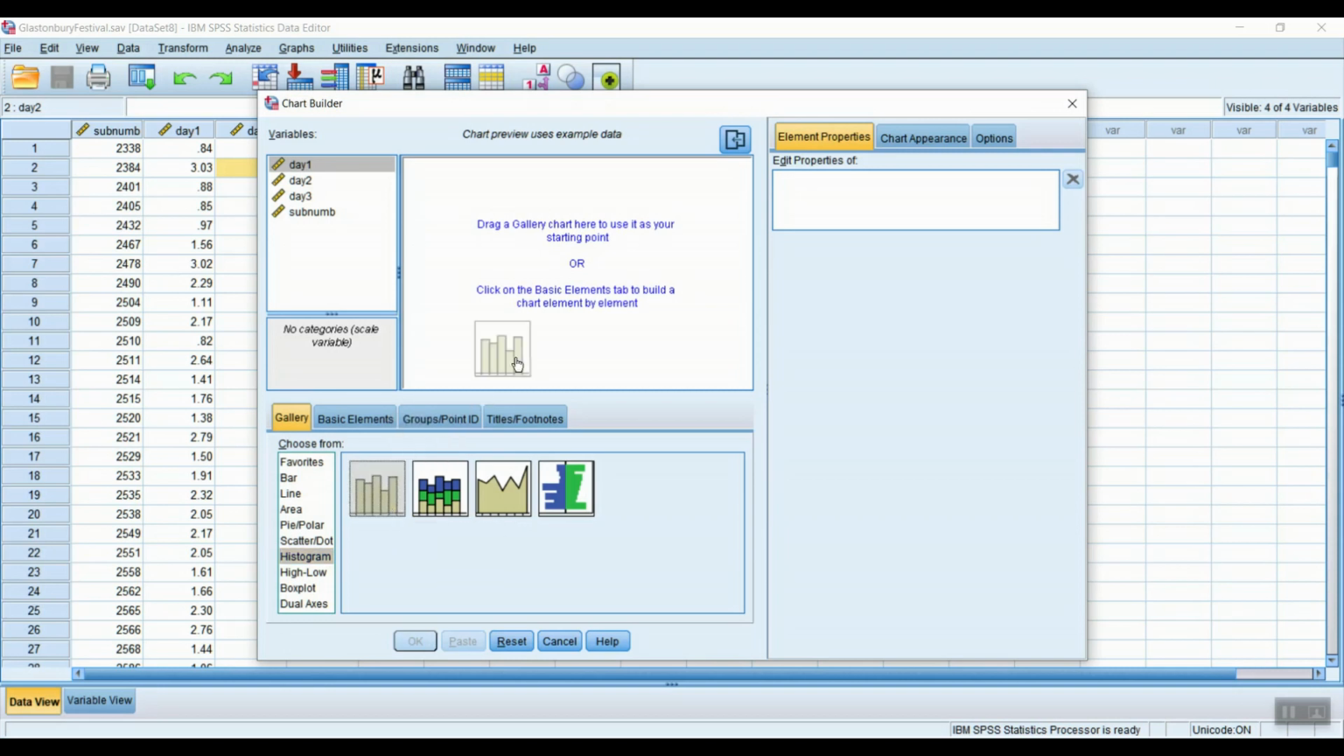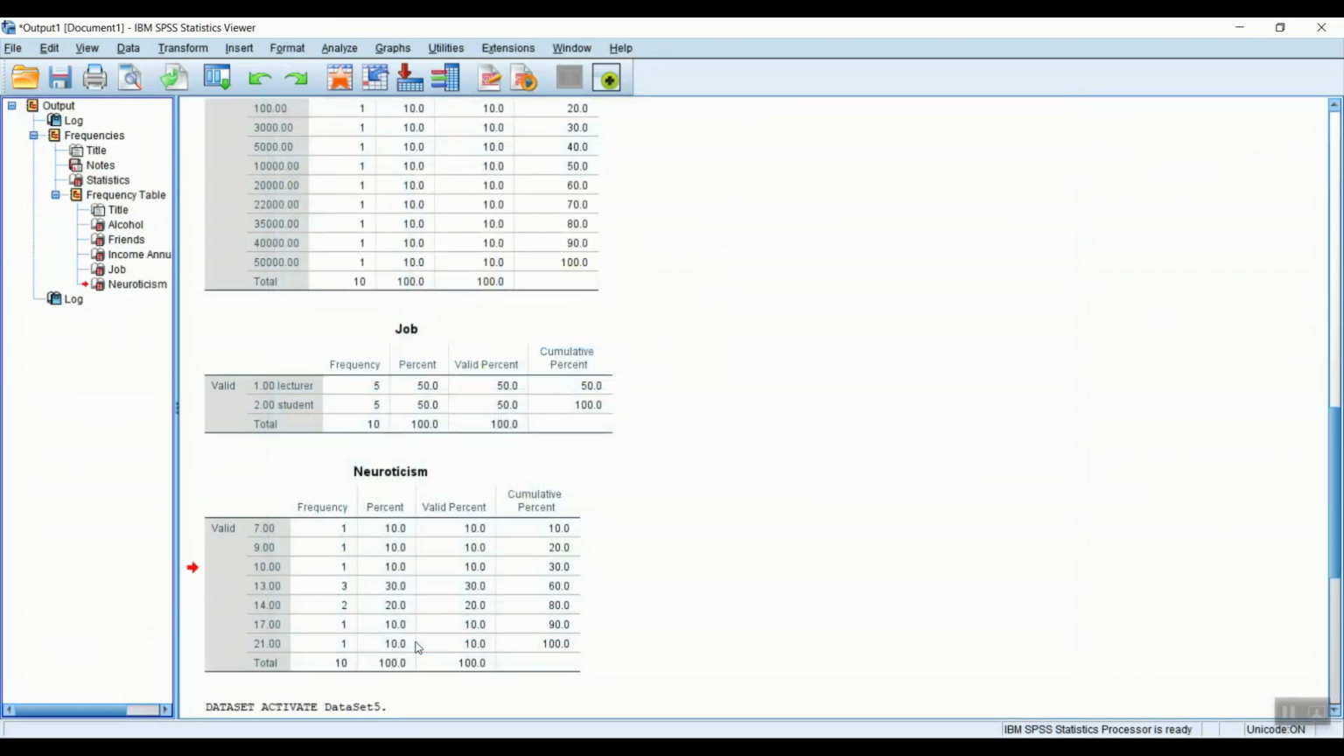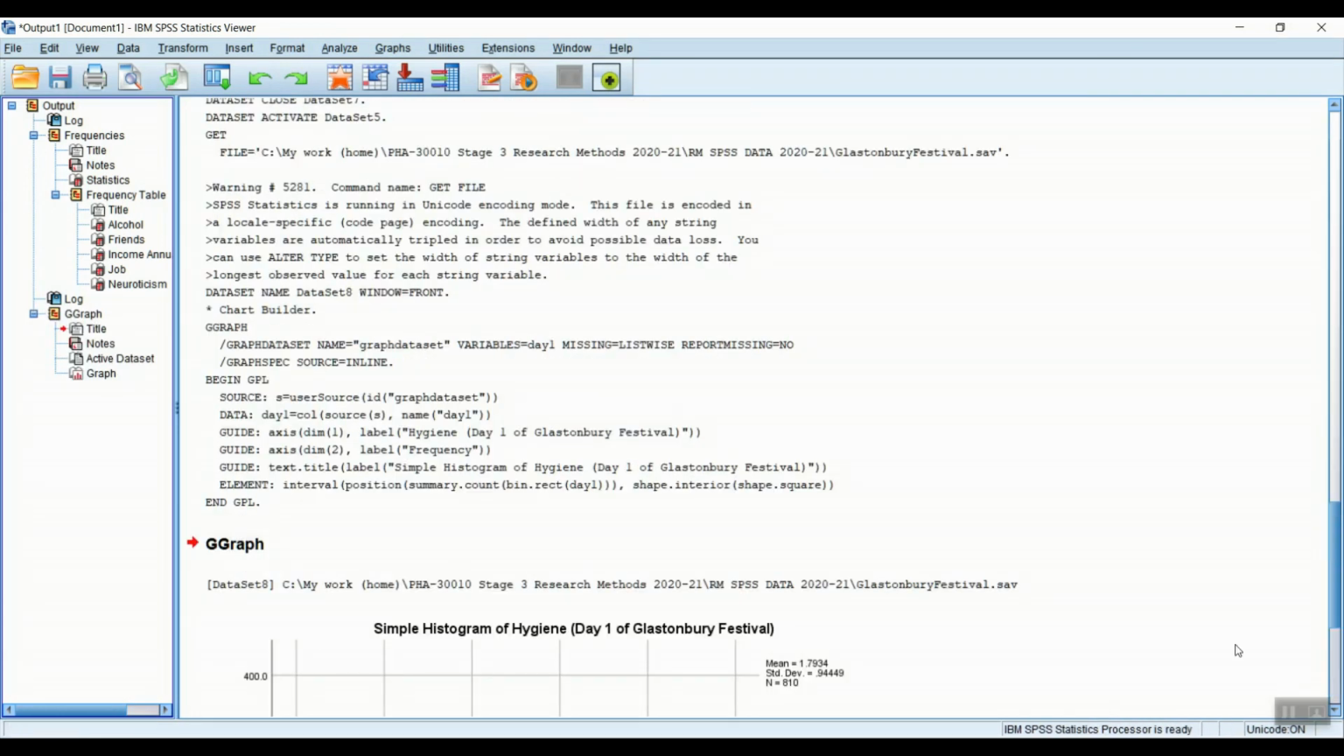So I just need to drag that into this box here. This is the box where you create charts. And I want to get a histogram for the frequencies of day one. So all I need to do is drag day one over. I don't need to look at any of the other options, and I'm just going to press OK for that. You can see down here it says running graph. It runs the graph,